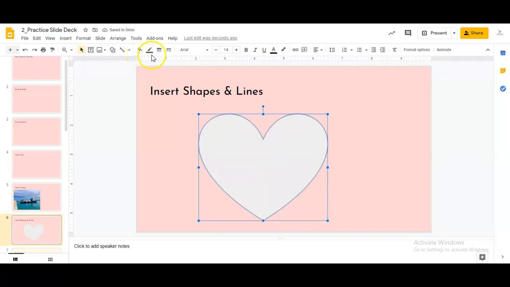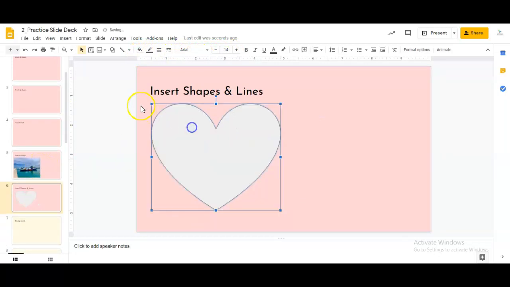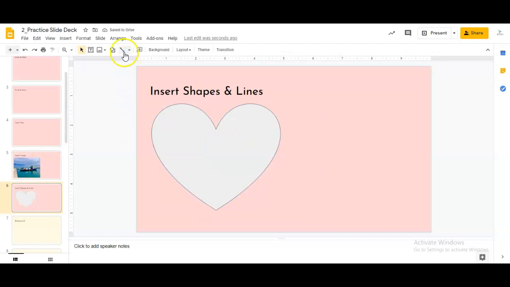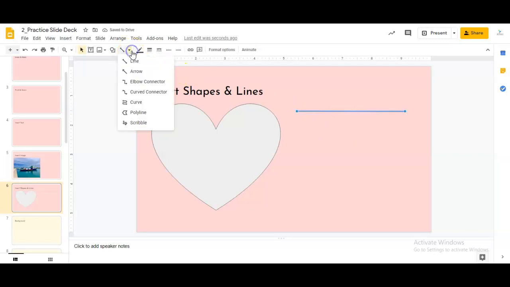Alrighty, and notice now we have that image icon bar, but I'm going to come back to that later also. Now let's say I wanted to insert a line. If I click on that, it's going to default to a regular line. But if I click on the arrow next to that, I have the options for just a line with 2 endpoints. I could do a line with an arrow on the end. You have elbow connectors, curve connectors, all these different types of lines, but I usually have a tendency just to